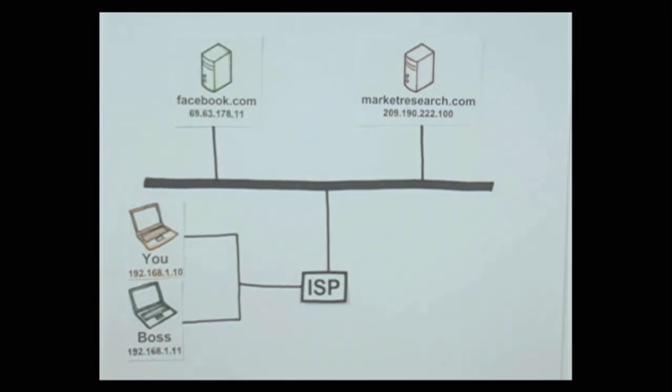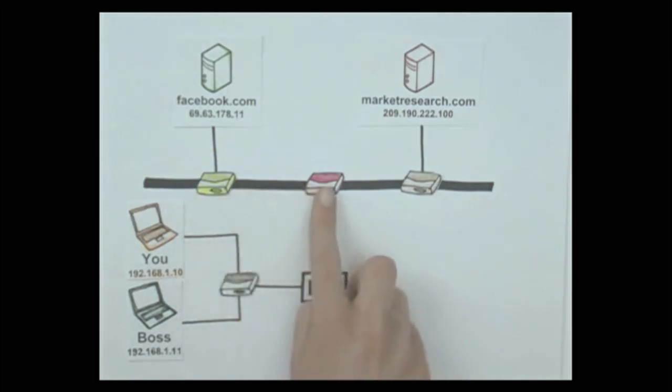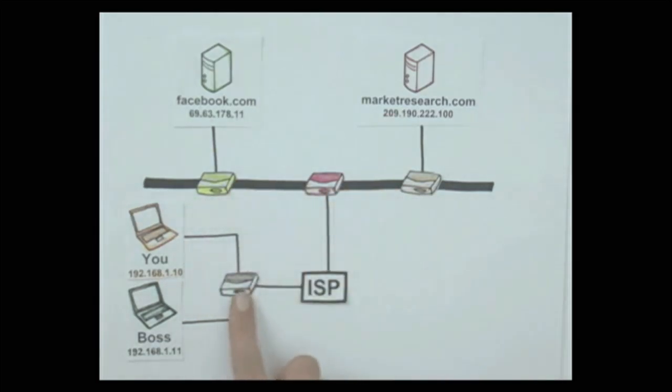Everything connected directly or indirectly to the internet has an IP address. Everything. That includes your computer, servers, cell phones, and all of the equipment in between. Anywhere two or more parts of the internet intersect, there's a piece of equipment called a router. Routers direct your packets around the internet, helping each packet get one step closer to its destination. Every time you visit a website, upwards of 10 to 15 routers may help your packets find their way to